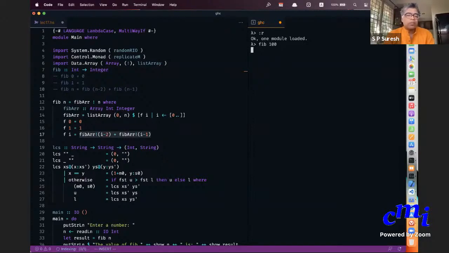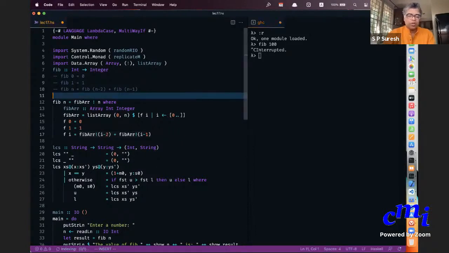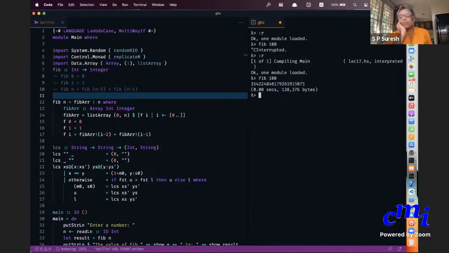It's not supposed to take time. Oh, did it even reload properly? It does not reload properly because I have not saved this. Okay, it's instantaneous.